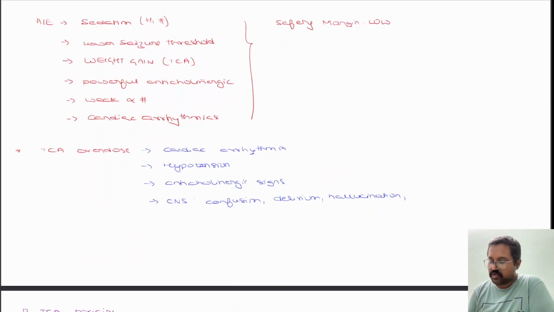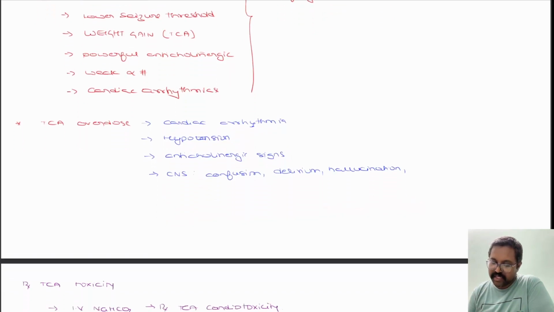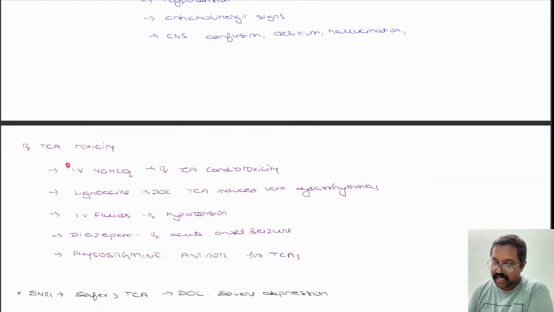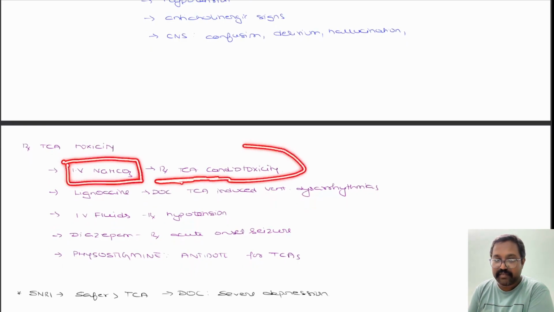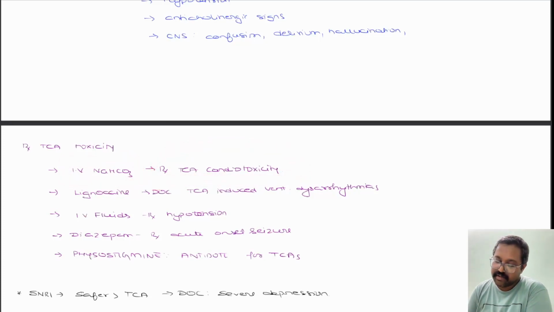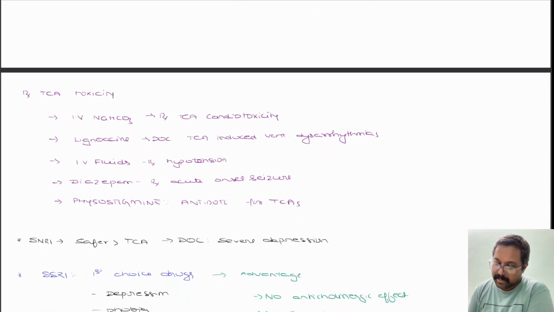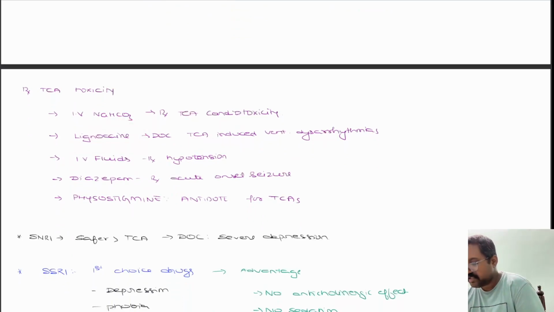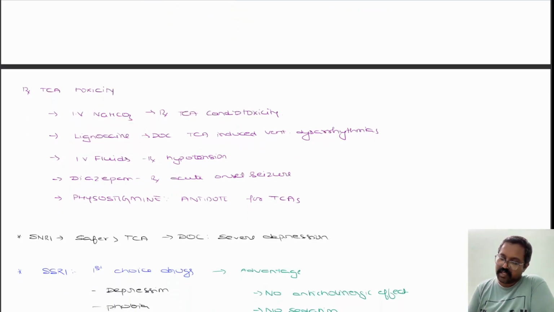So in case of overdose, what happens? There can be cardiac arrhythmias, hypotension, anticholinergic signs, and CNS symptoms. To treat the tricyclic antidepressant overdose or toxicity, you need to inject IV sodium bicarbonate, and this will take care of the TCA cardiotoxicity. And lignocaine is a drug of choice for TCA-induced ventricular